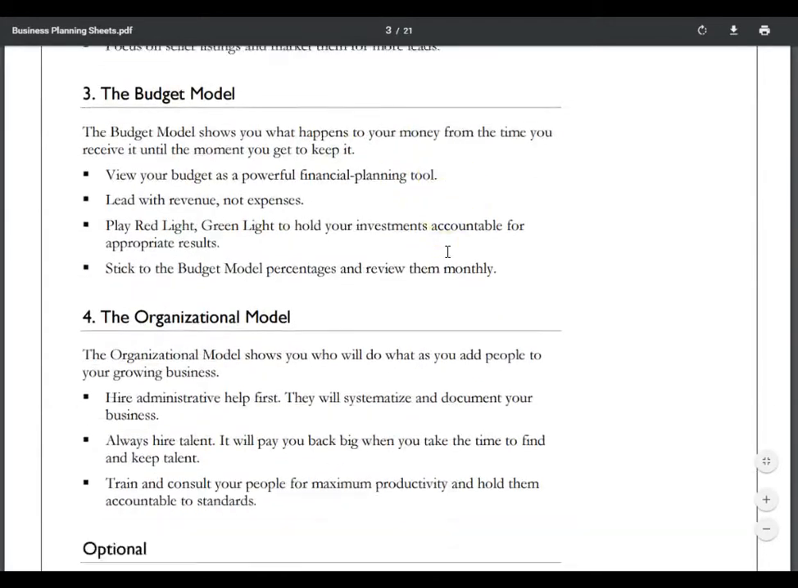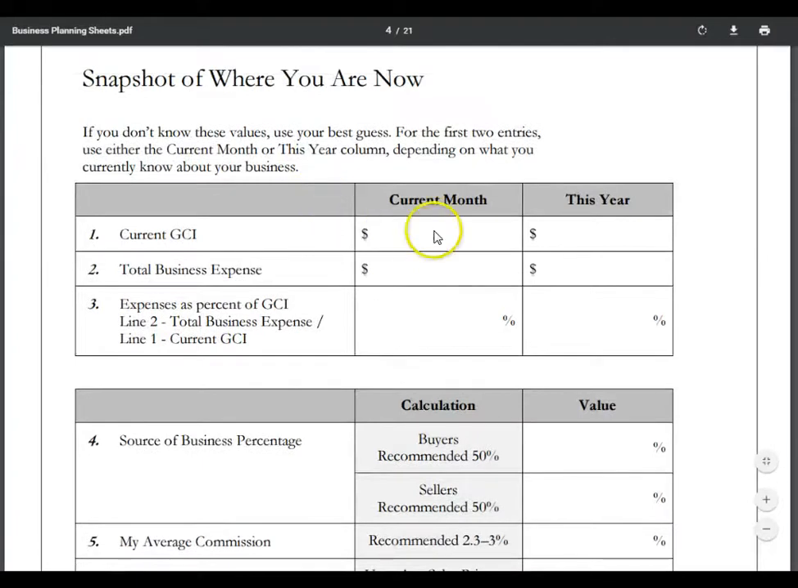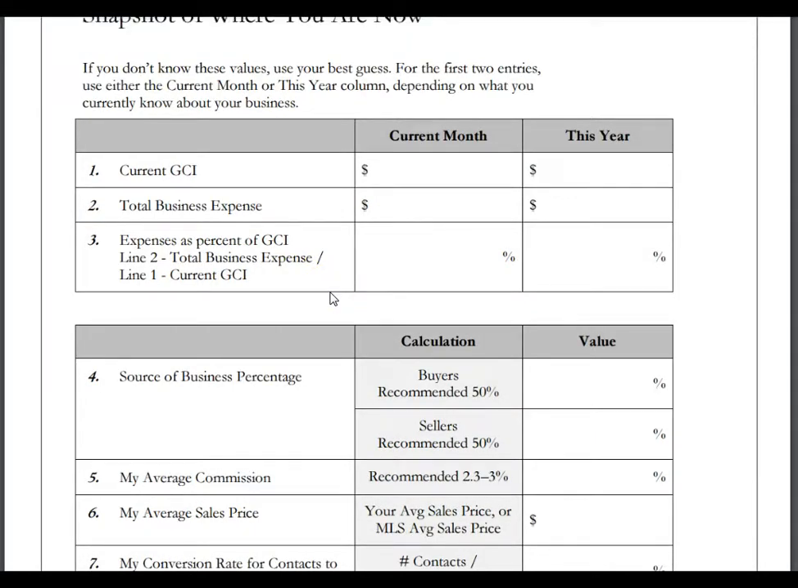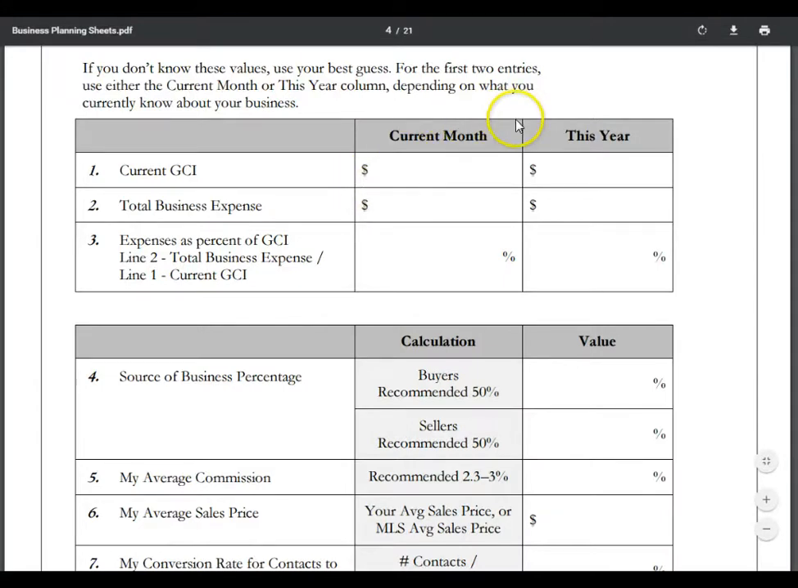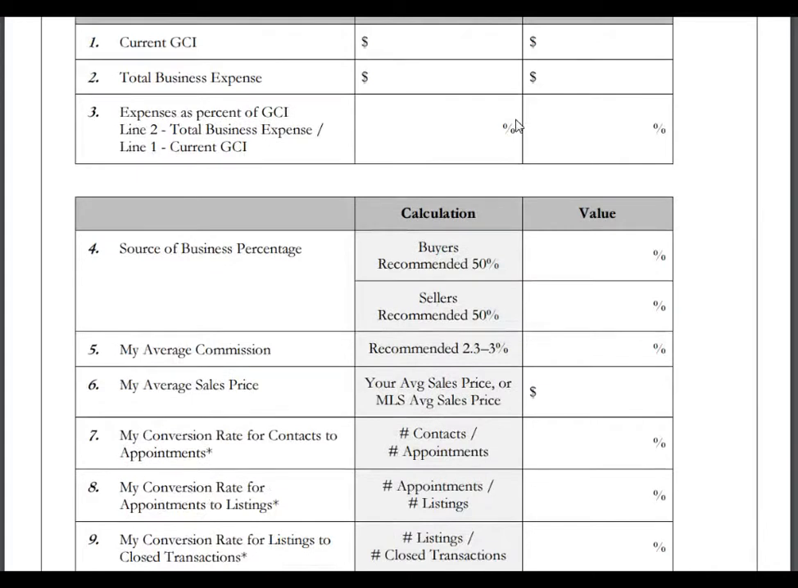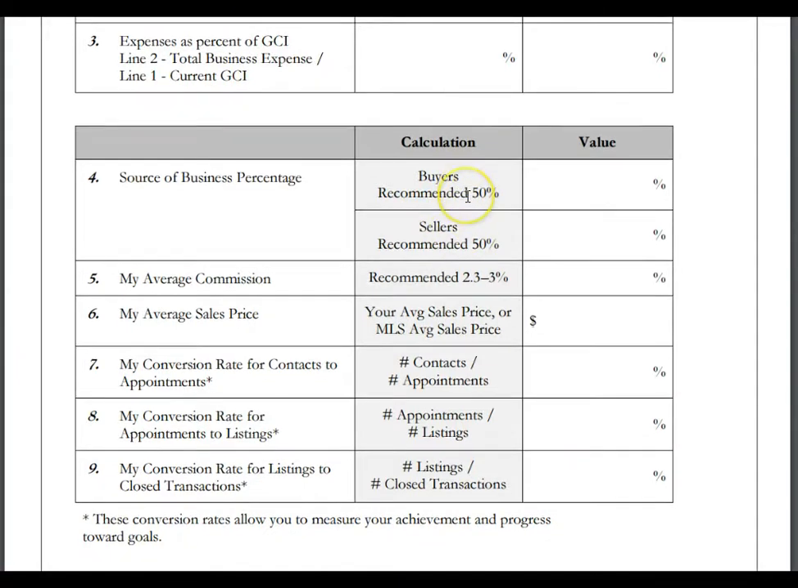So it gives you a little bit of information, so read this. So your economic model: current month this year of GCI, business expenses. And some of you might be individual agents and you look at this and say, I can't do this, I don't have this information. Well, this is a good place to start. You fill in what you do know, and then it helps you figure out what you don't know and how to find that. Of your business, what percentage are buyers, what percentage are sellers,